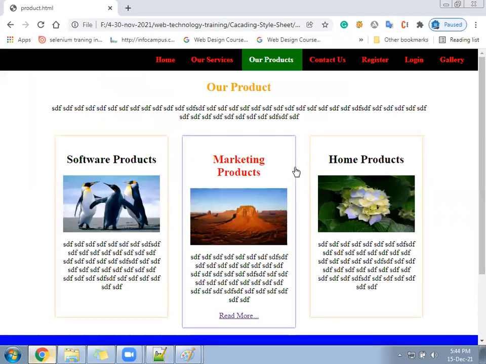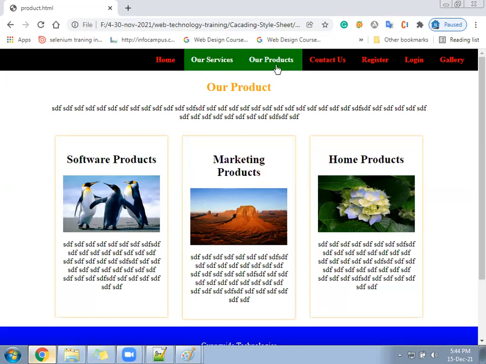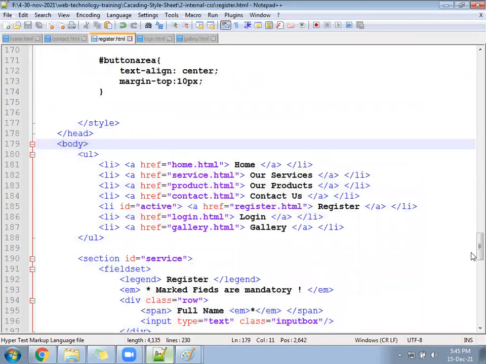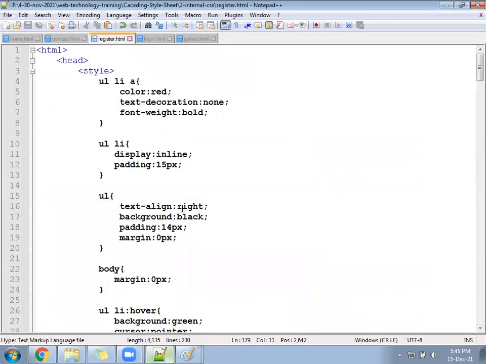The reason is, for the product the CSS is separate, and for the gallery the CSS is separate. Now if you want to change to orange, you have to go to that page also, the product page. Let me go to the register page. In the register page, I will change here to orange color.